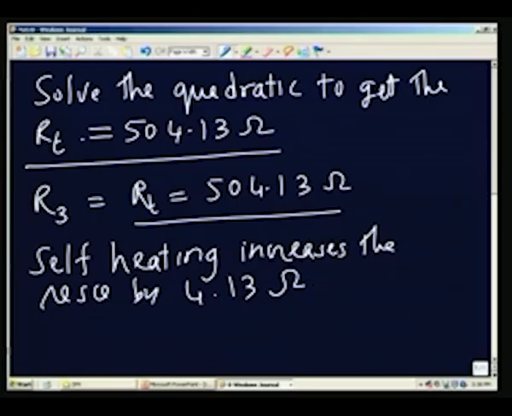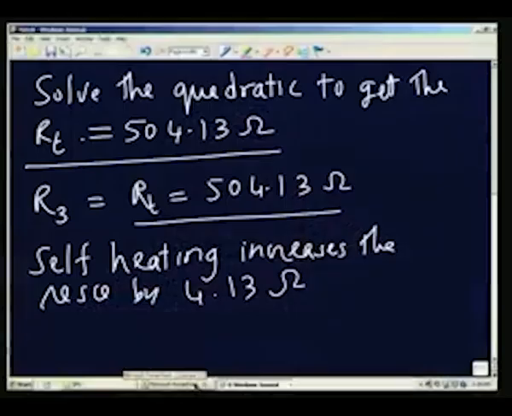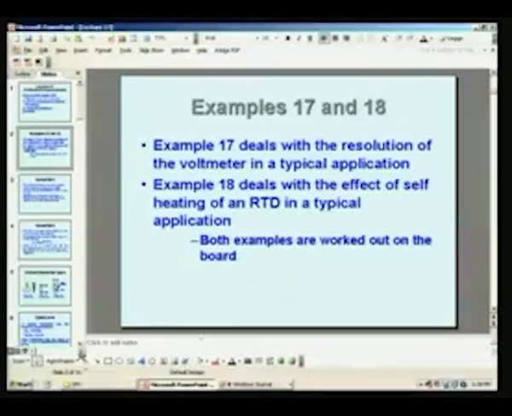Correspondingly, of course, it will be at a slightly elevated temperature, which can be determined by simply going back and calculating it. So, in essence, what happens is that because of self heating, because the resistance is different, I will actually be inferring 504.13 ohms as 0 degrees Celsius. That means there is a systematic error because of the self heating in this particular case. So, with this we will go back to our discussion